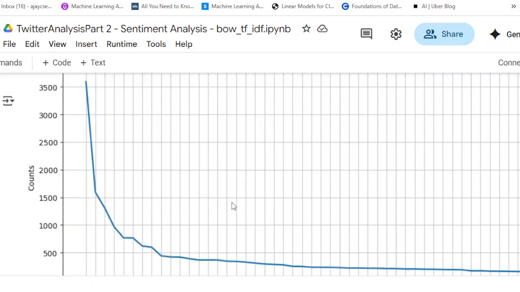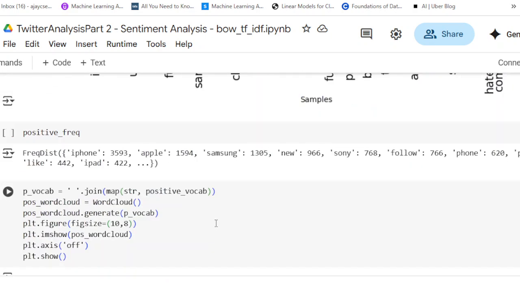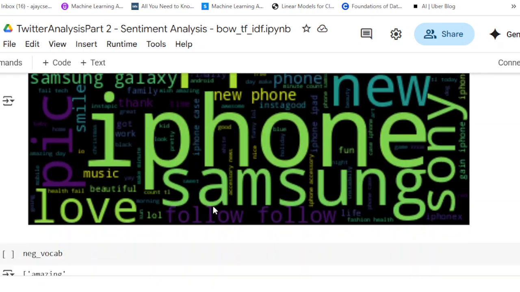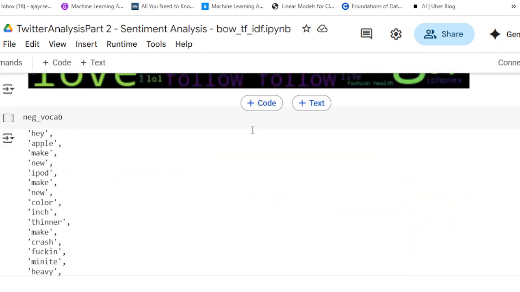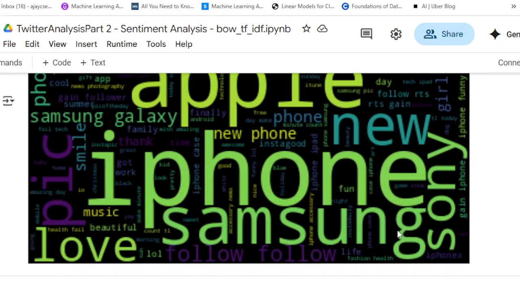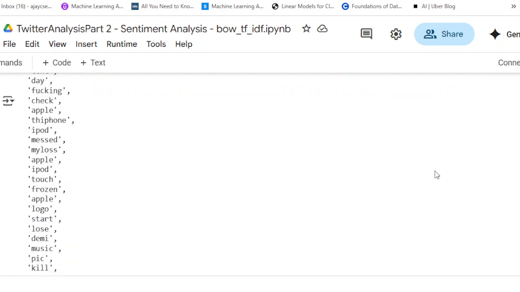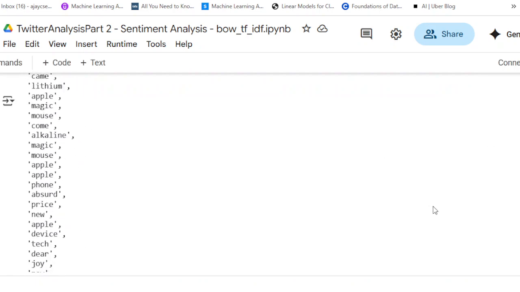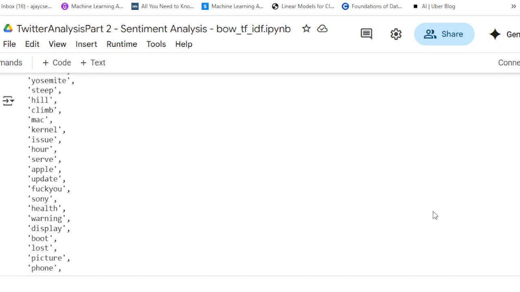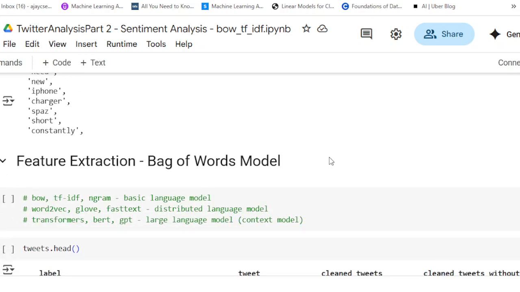Positive and the negative tweets and the commonly used words as we already saw. This is the word cloud for all our positive words, positive vocabulary. And for all the negative vocabulary, we can see that also we can create a bag of words model. Word cloud model. Now we are going to make use of